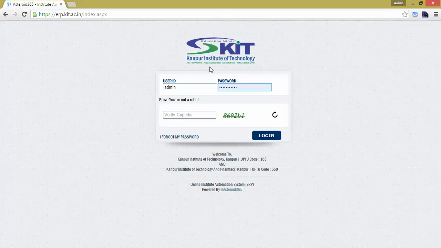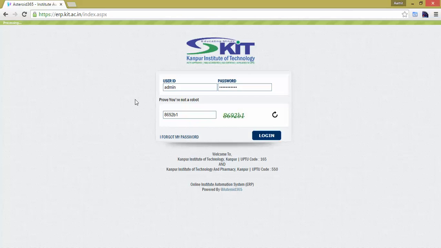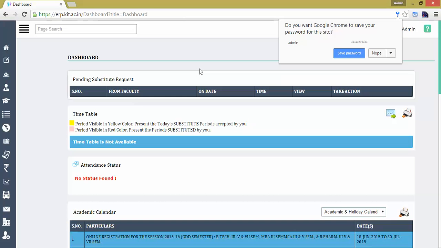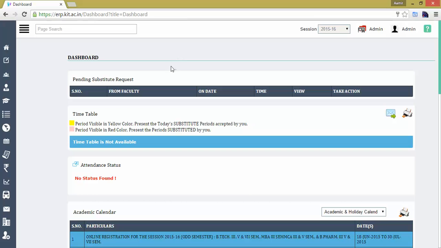Then verify the captcha, and now click on the login button to log into the panel. Now I have successfully navigated to the dashboard of the ERP.